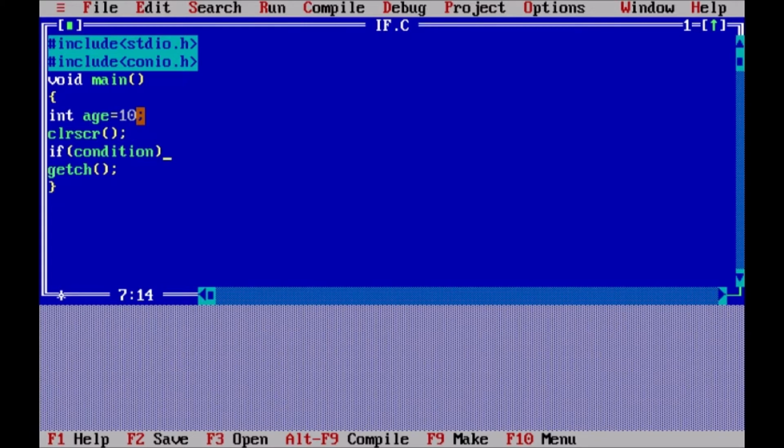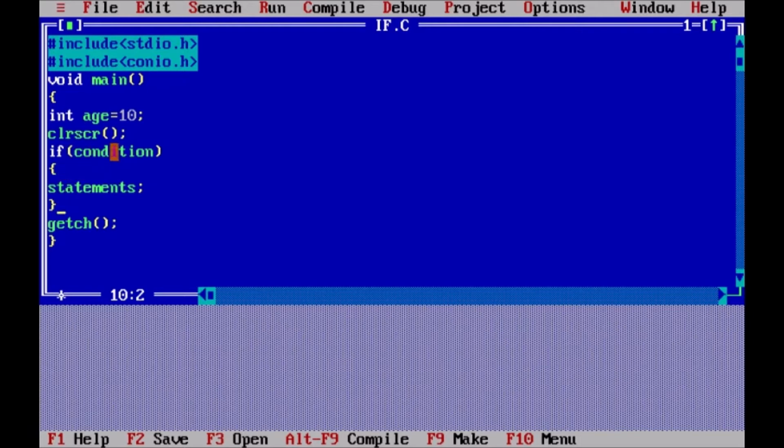And after this line, we'll open the bracket and write some statements, and after that we are going to close the bracket. This means if this condition is satisfied, then these statements will be executed. If this condition is not satisfied, these statements will not get executed. As simple as that.